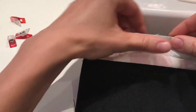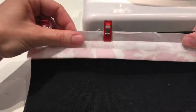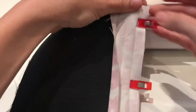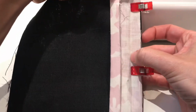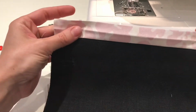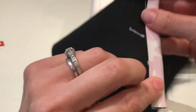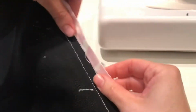And you're just going to clip it all the way along the top edge and open up your bias tape just one side like this. We are going to sew it right in our pressed little groove. So we're going to attach it all the way along, just following that crease all the way to the other side. After you're sewing along that crease, your bias tape will lift up and then come nicely over to the good side. So now you can clip it, and you just want to make sure it's covering your stitching on the